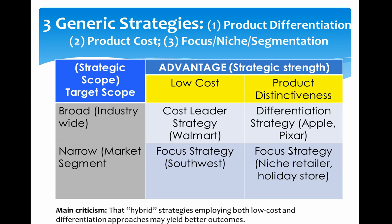Now, a differentiator that is focusing more narrowly would be, for example, a niche retailer or a holiday store. Let me give you an example. A holiday store could be high-end, so it's got some really interesting products, but they are also only focused on, say, one holiday. Say it's just Christmas, or Hanukkah, because not everybody is going to celebrate every holiday. A niche retailer could be just a high-end furniture store. It could be a high-end